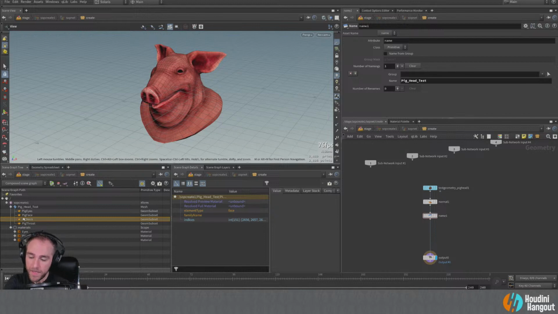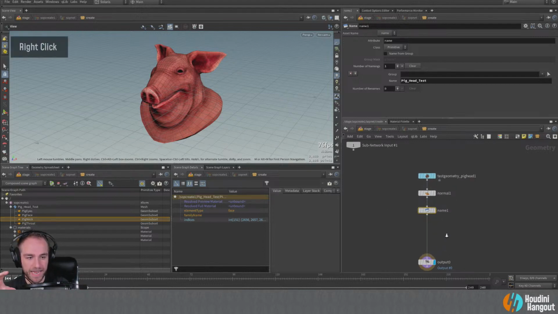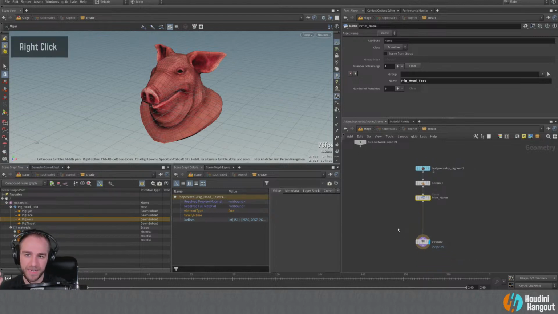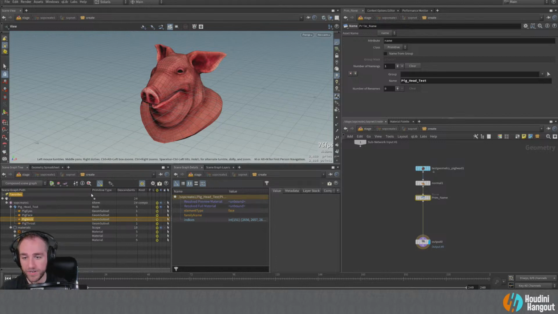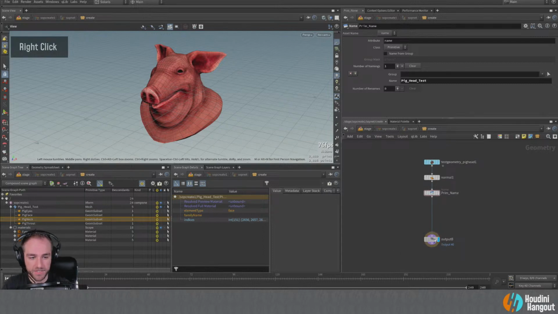resolution geometry. In order to do that, you need to set up some hierarchy, and it can be a little bit confusing. If you're looking at this, you're like, okay, so I understand that setting the name here, we can say primitive name, right? That's going to set this primitive's name, but how would we have multiple streams of geometry all coming in and going into different primitive hierarchy? So that is actually pretty straightforward.